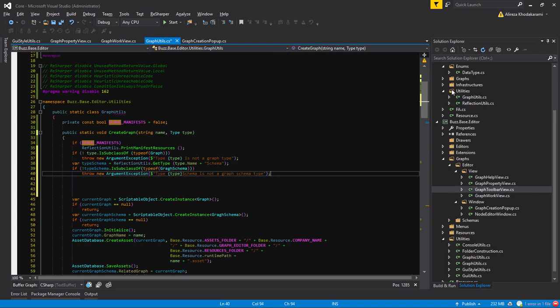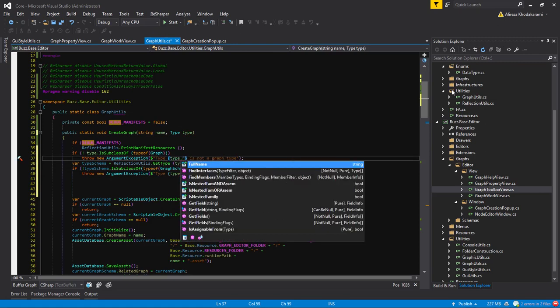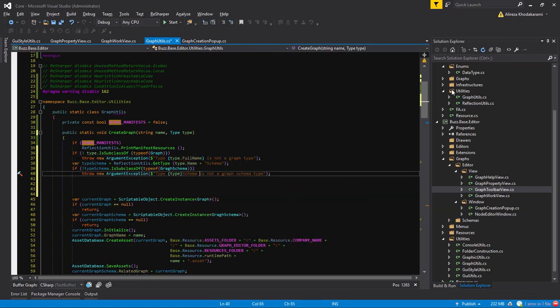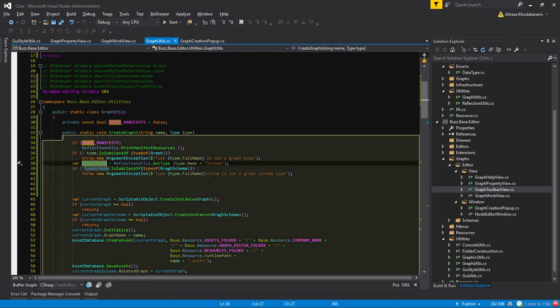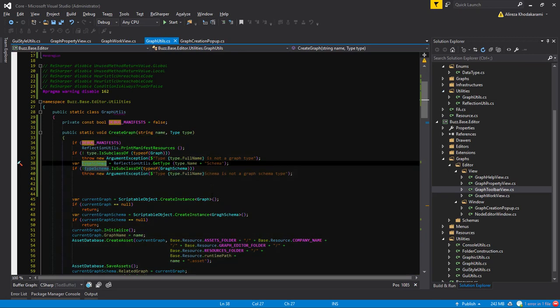And by the way, I should say type dot full name and dot full name. Okay, and instead of this I can use this type schema dot full name is not a graph schema type. Okay,